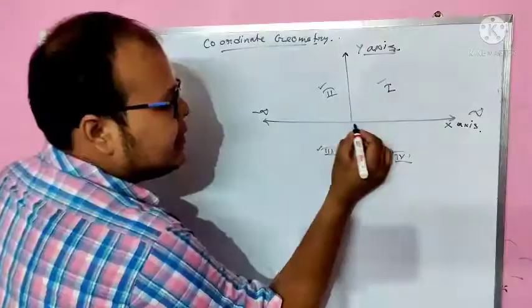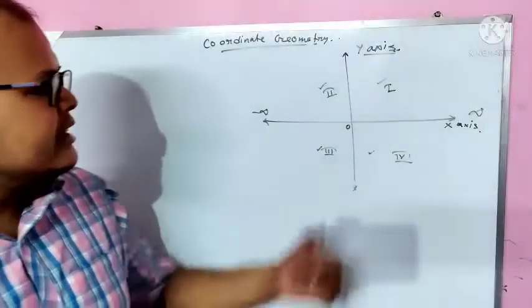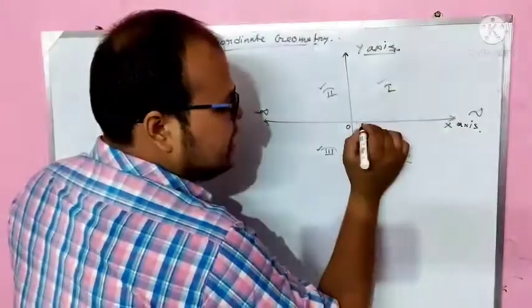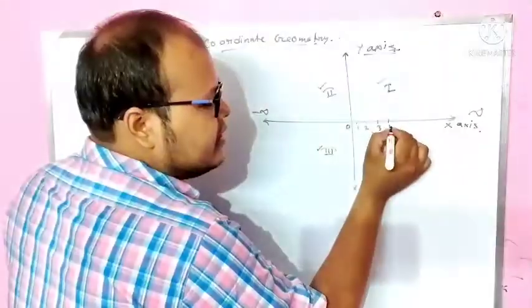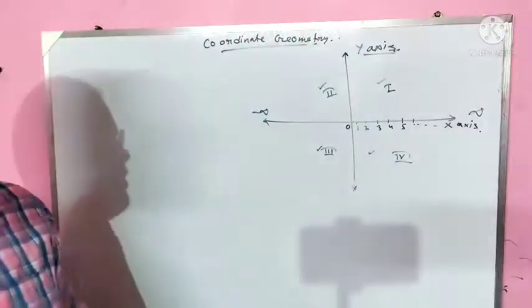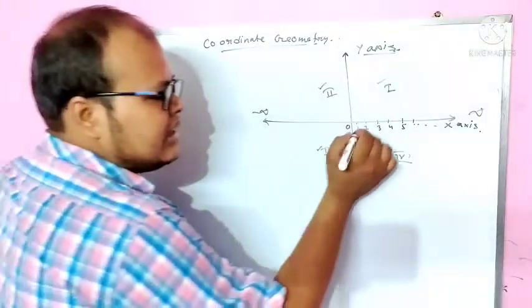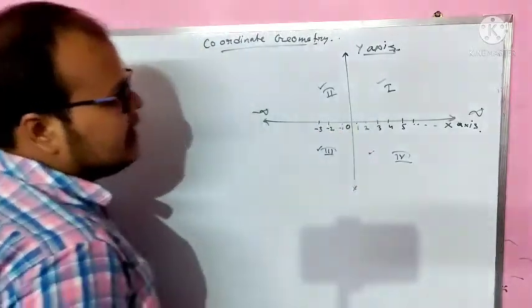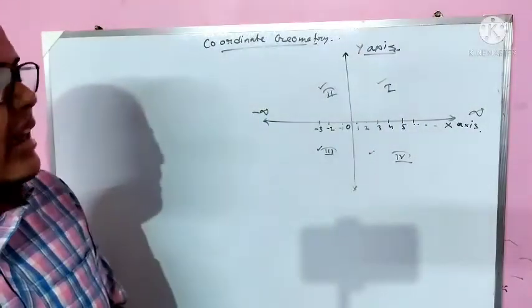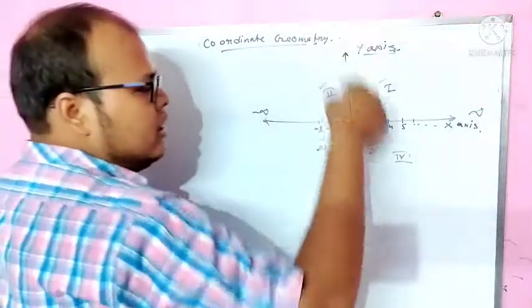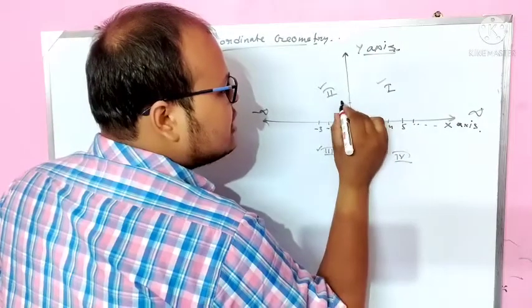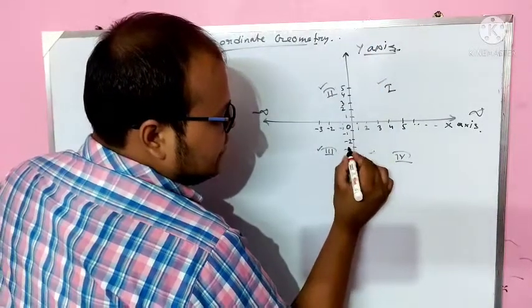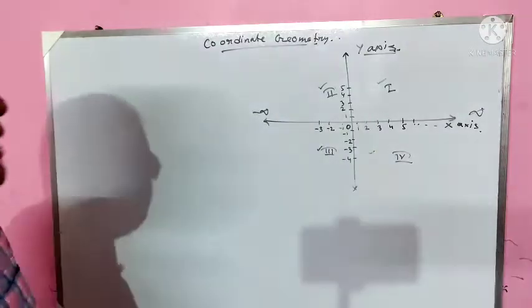This intersection point is called the origin, and it has the coordinate 0, 0. After that, all the points go on the right side with increasing numbers. So 1, 2, 3, 4, it will go on increasing up to infinity, it will never end. The fractional values are also there in between them. So it is the complete real number line. Another real number line, if I keep it in the vertical direction, will be my y-axis. So the y-axis is also a real number line, where the positive portion 1, 2, 3 goes on the upper side, and the negative portion comes on the lower side, the negative y-axis.